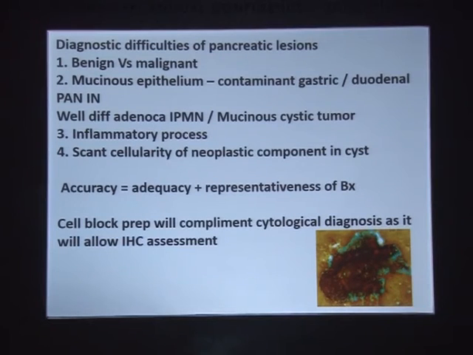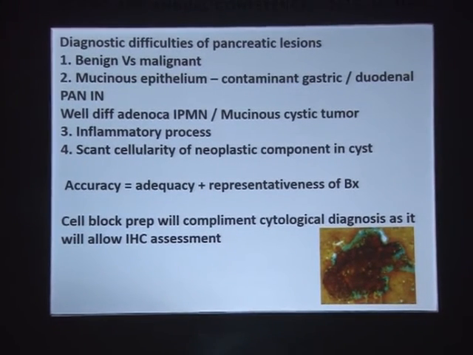The normal acinar cells are sometimes so subtly atypical that they look absolutely normal, and one may miss the well-differentiated adenocarcinomas, these PanINs, then IPMNs, mucinous cystic tumors. They are all difficult to diagnose. They are cystic in nature, and the cyst may not yield enough material in cytology. And again, they are difficult to differentiate from malignant lesions. Inflammatory process, chronic pancreatitis versus well-differentiated adenocarcinoma, is a usual problem that we face.